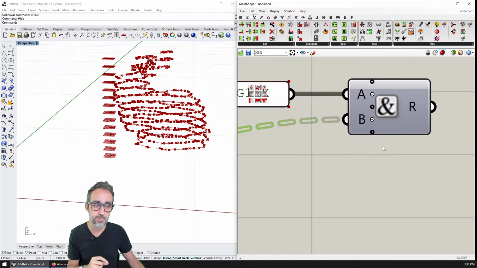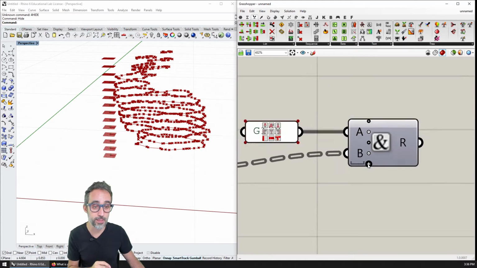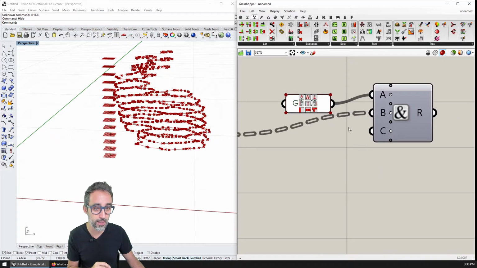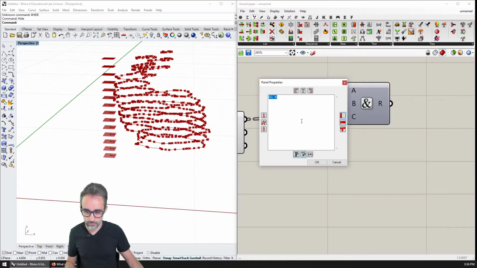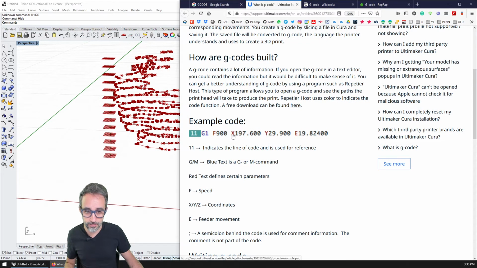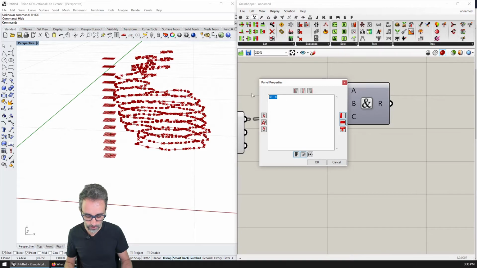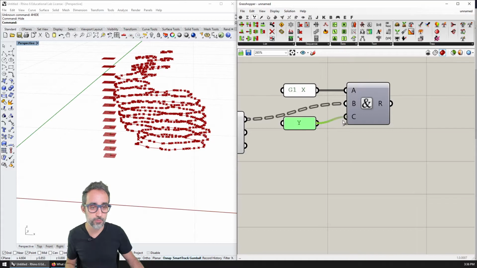So you can see that for this particular component, I can zoom in and it gives me the option to add more inputs. So I can click here to add another input, and then I'm just going to copy and paste this and say, all right, after I get the number, I need a white space and the letter Y. So I'm going to do here a white space and the letter Y, and plug that in here.